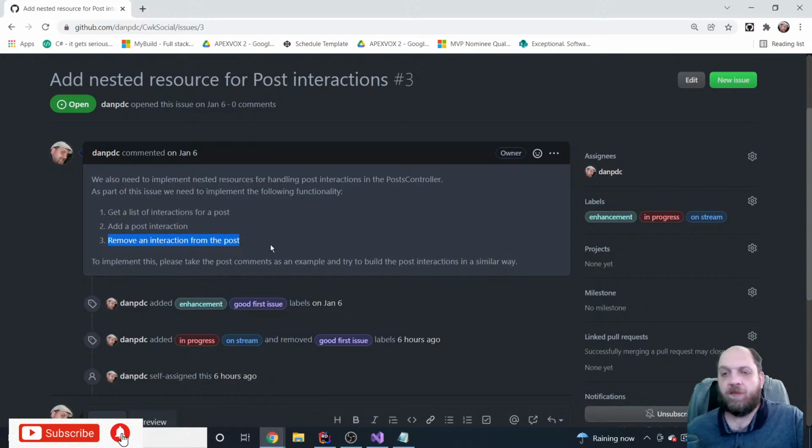Then probably I'll update this issue to also include the information that the user should be able to send an interaction only once. So you shouldn't be able to send several or to interact with a post several times. It should be possible to do that only once, and that's, I guess, fairly easy to do. So we will do that, and we'll also have to implement this point 3, and then we can close